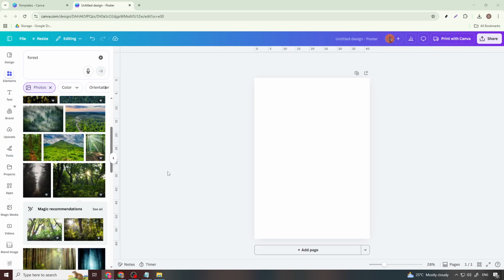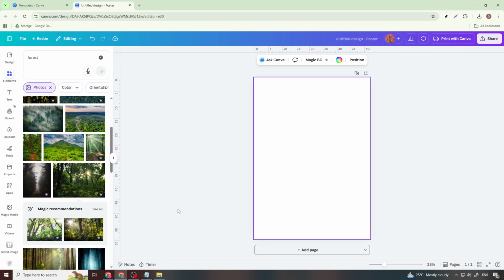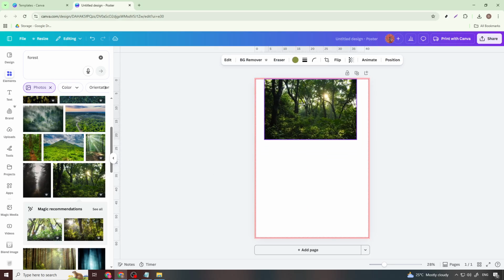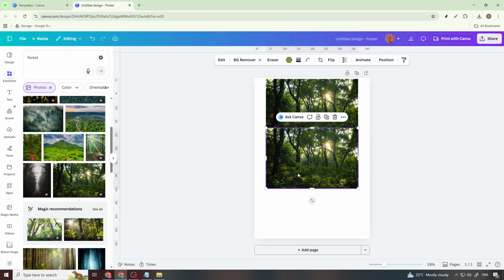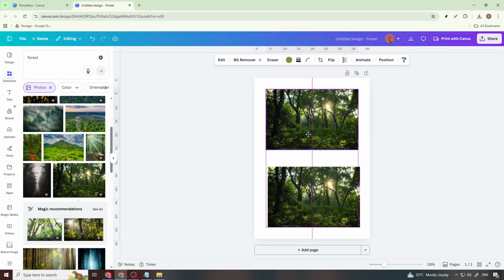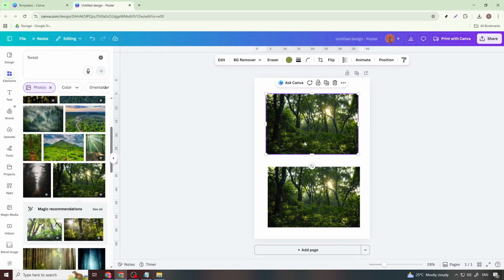To adjust the temperature of your images in Canva, start by opening Canva and logging into your account. From the home page, create a new design or open an existing project. Adjusting temperature is a great way to make your photos look warmer or cooler, giving them the right mood and tone for your design. First, upload the image you want to edit by clicking the Uploads tab on the left-hand